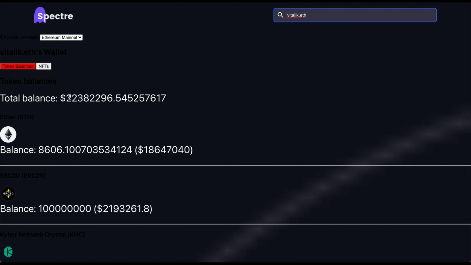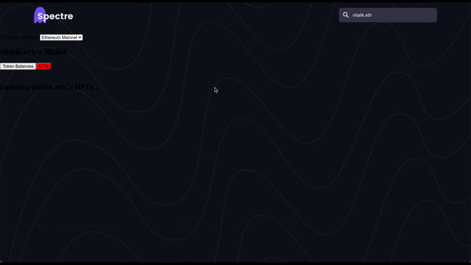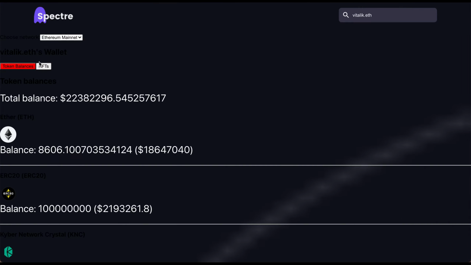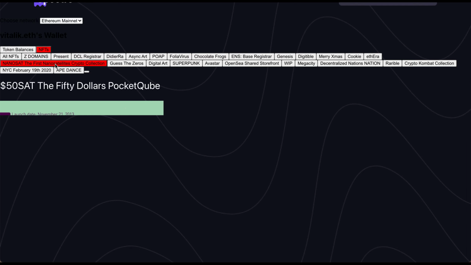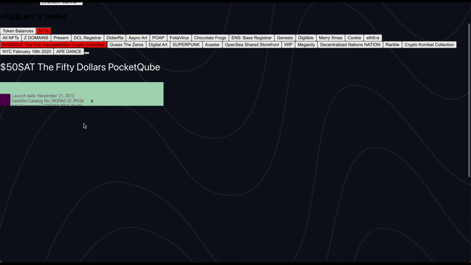On this explore page, you can see the token balances as well as the NFTs that a particular address owns. The NFTs do take a bit of time to load up because they are more image heavy. Until they load up, you can also toggle between networks here as well. We'll stick to Ethereum mainnet for now. As you can see, Vitalik has a bunch of different NFTs, and you can see all of their contract names over here, and you can toggle between them to go to that particular collection.